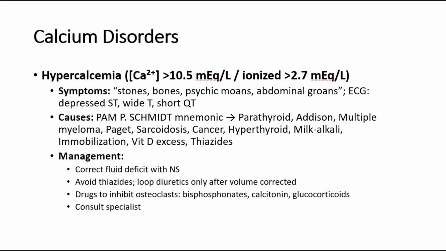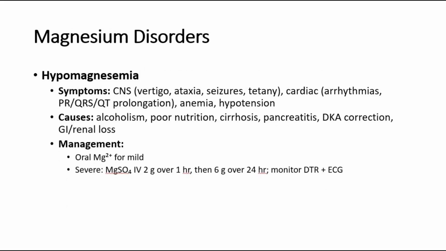Magnesium disorders often occur alongside other electrolyte disturbances. Hypomagnesemia presents with CNS symptoms including vertigo, ataxia, seizures, increased deep tendon reflexes, and tetany, as well as cardiac arrhythmias. Causes include alcoholism, poor nutrition, pancreatitis, gastrointestinal and renal losses, and post-DKA correction. Treatment involves oral magnesium supplementation in mild cases and intravenous magnesium sulfate in severe or symptomatic patients, with continuous cardiac